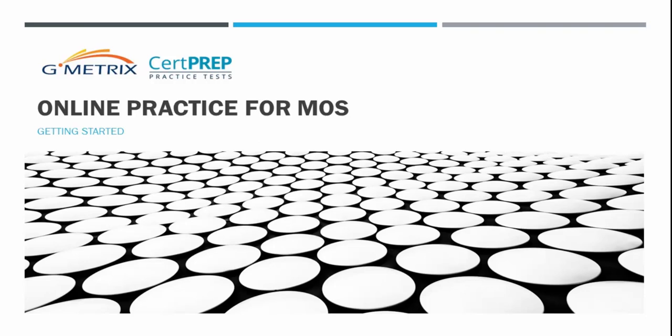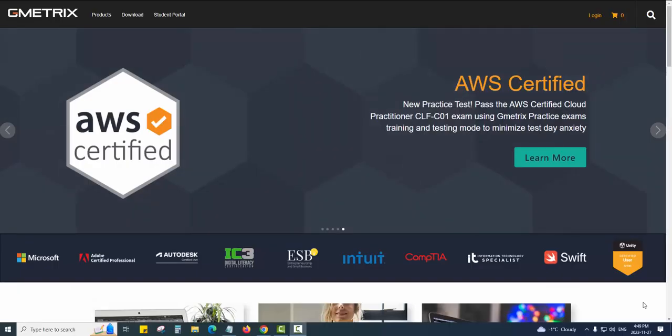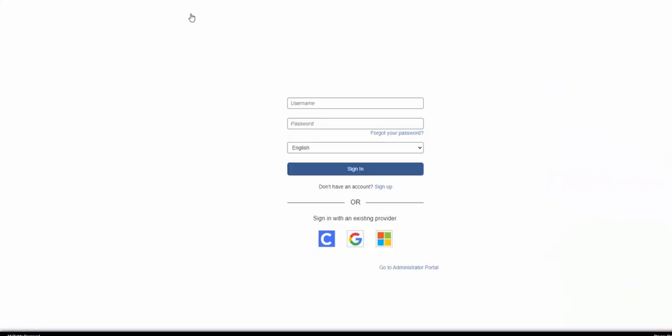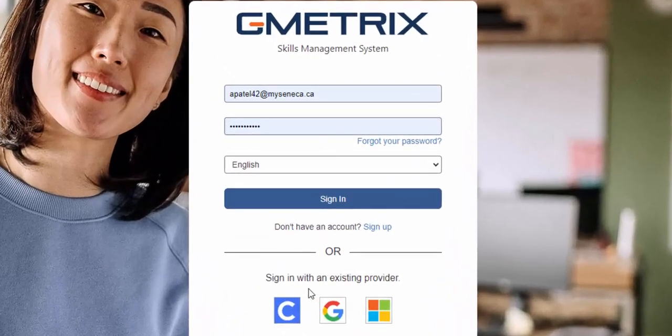Note that your registration includes the exam one time and also access to the GMetrix. There's no particular course involved with this. So you received a code in an email for GMetrix. So you go to gmetrix.com, and the first thing you're going to do is go to Student Portal up here. And when you go to Student Portal, it's going to ask you,